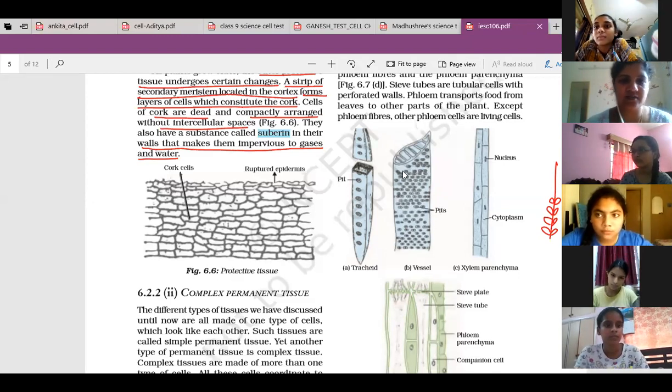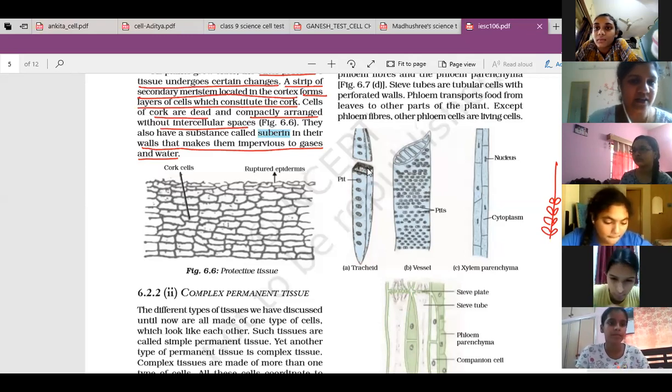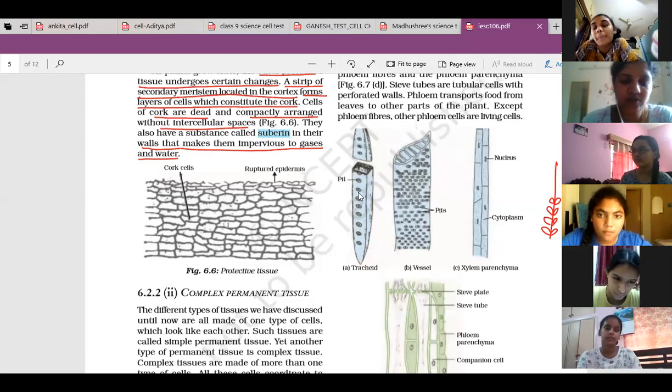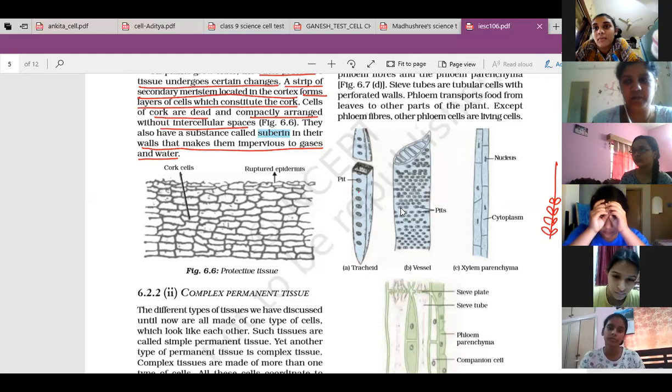And in flowering plants, just like a rose, whatever plants you see near you which bear flowers, all those plants have vessels. Tracheids are there, but tracheids do not perform the main function. Vessels generally perform the function of conduction of water. These two just form the path for movement of water. These are generally dead cells, both tracheid and vessel. So they only provide the path.